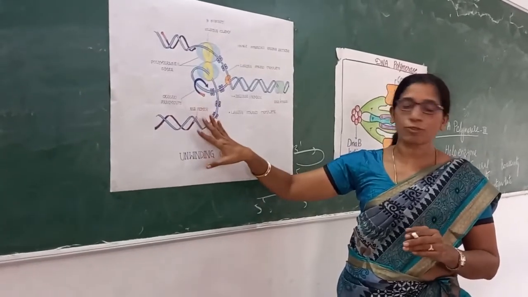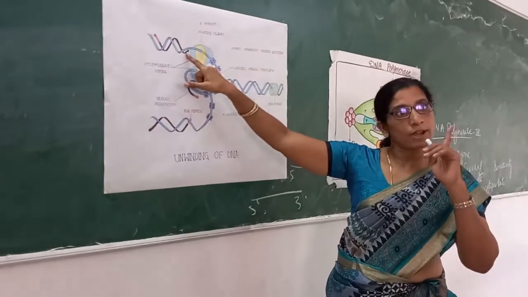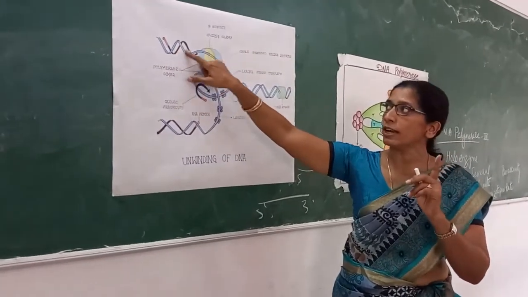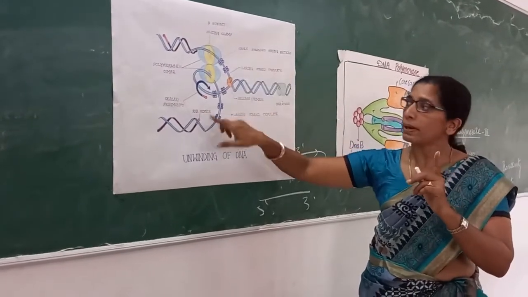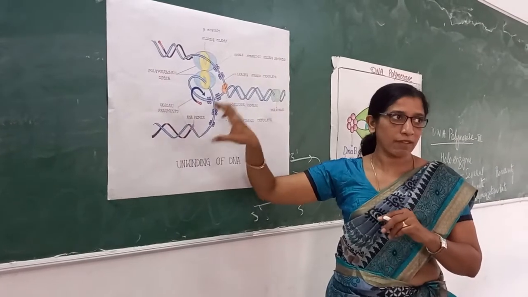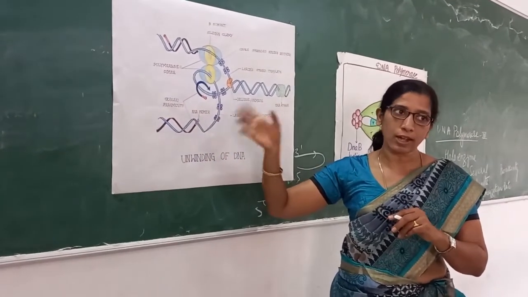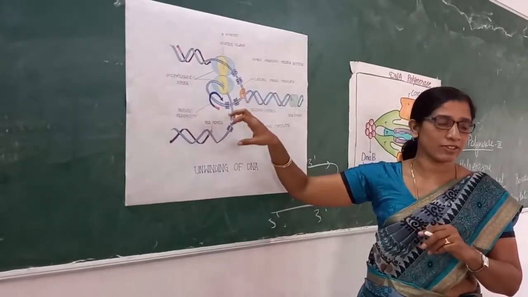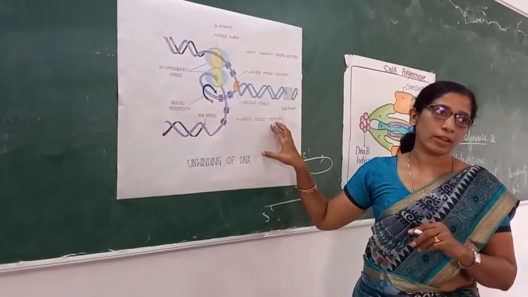So from this you understand that the leading strand requires a primer only once, because the process starts once and continues, with no fragments. But in the lagging strand, several primers are required. Every fragment needs a new primer to start, so primase enzyme is continuously required in the lagging strand.